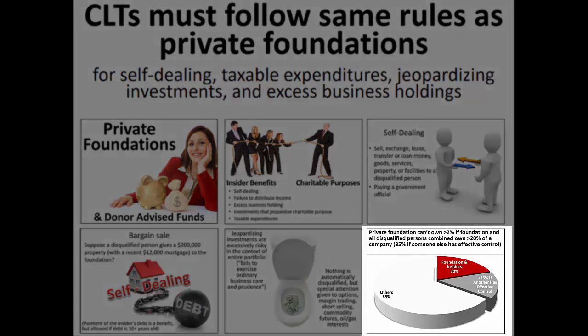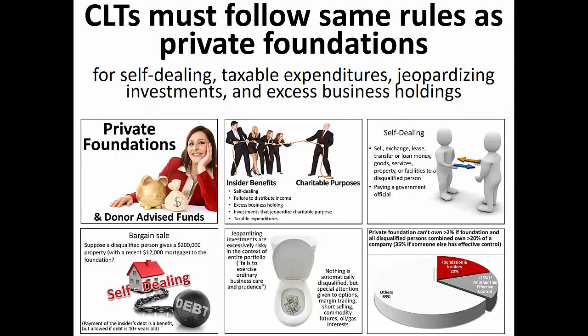For example, the trust may not indefinitely hold too much ownership in a single business entity. No more than 20% ownership by the trust and all disqualified persons combined, unless the trust ownership is 2% or less. However, the trust may hold unlimited ownership in a business gifted to the trust for up to 5 years before it must sell the asset. Consequently, if a charitable lead trust is established for a term of 5 years or less, it will not violate